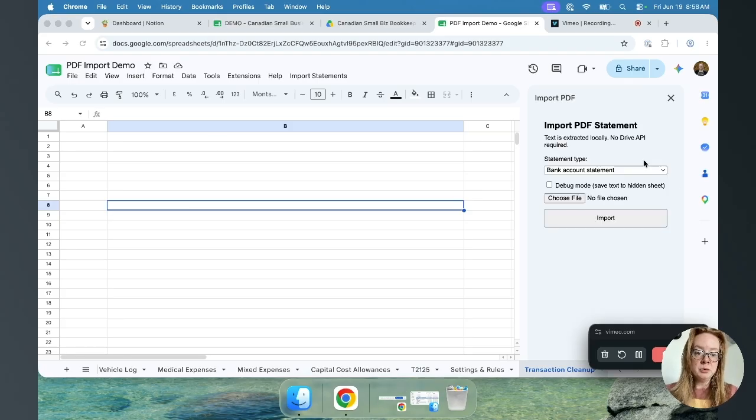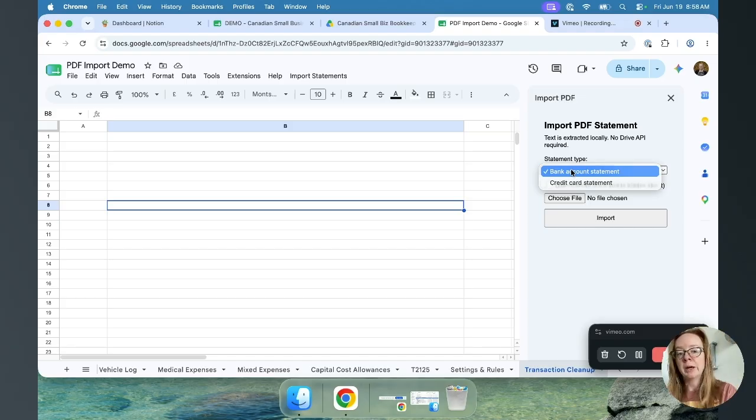So to do the actual import, you're going to first of all select which type of statement it is, whether that is a bank account statement, so checking or savings, or a credit card statement. It is important that you select the right one, just because the way that the transactions are listed on the statement is a little bit different if it's an account statement or a credit card statement, whether it shows it as money coming into the account or money going out of the account,